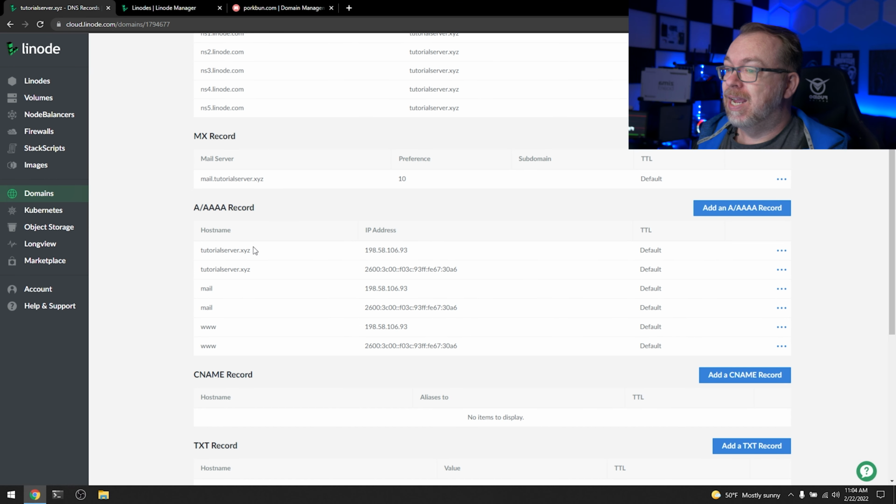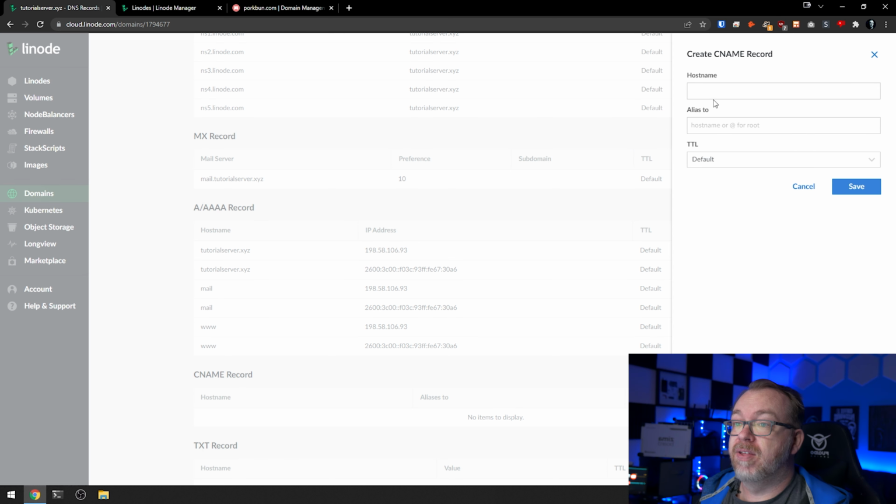Now, we don't necessarily want our password manager to be on a root domain. It's just kind of bad practice. Some of these I like to hide in subdomains, and that's what we're going to do here. So what I want to do is actually set up a CNAME record, and the host name in this case,